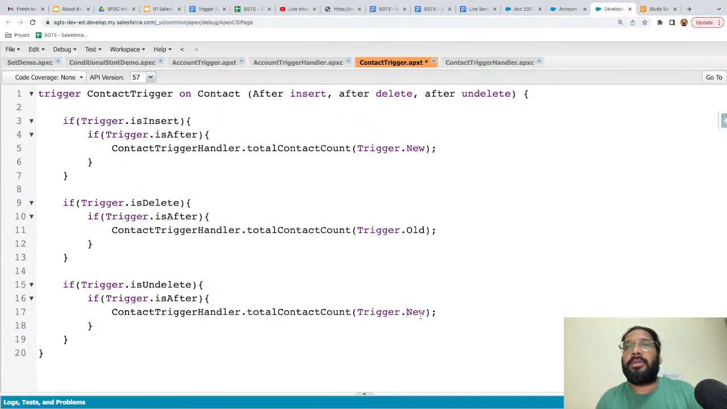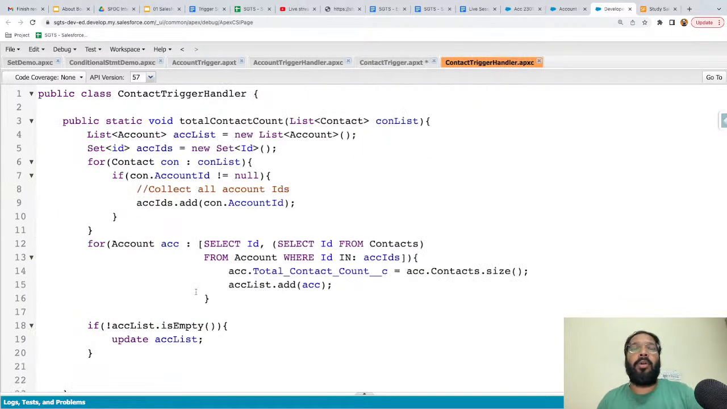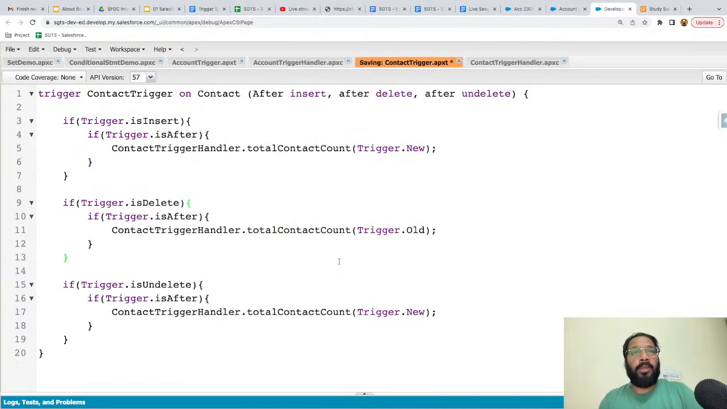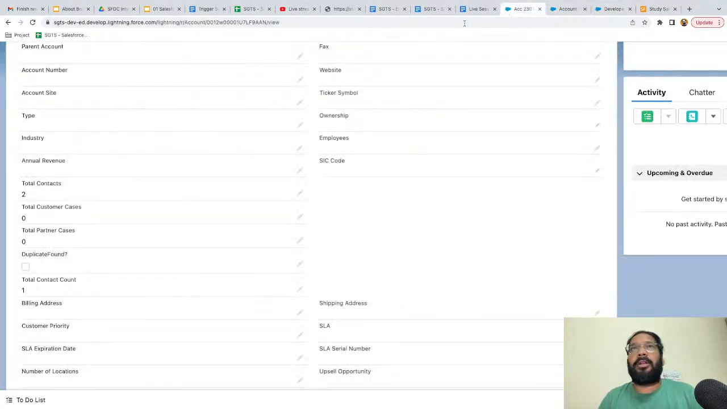So it will go to trigger.new, right? And again this whole logic will work, and that will be counting that total contact count by +1, right? So this way it will be working. So undelete is kind of similar to insert operation. So now if I go here